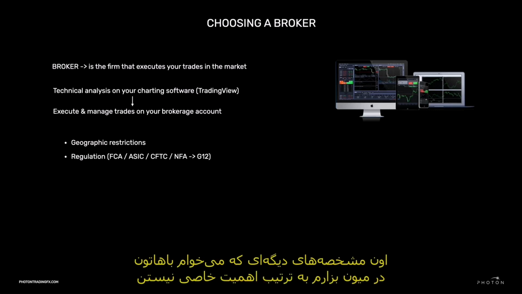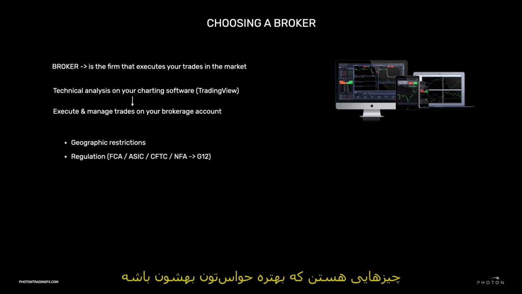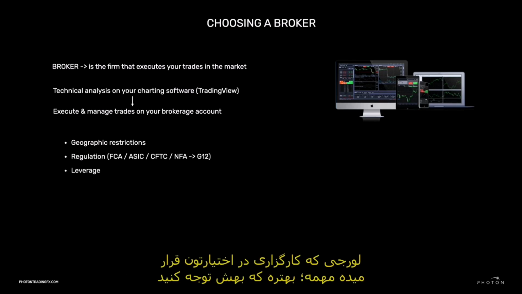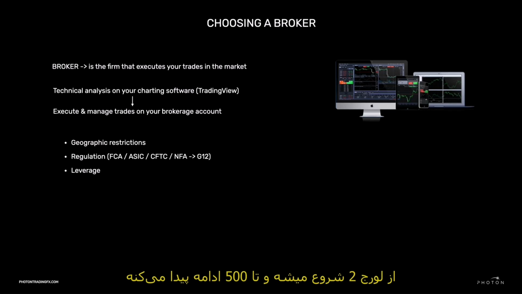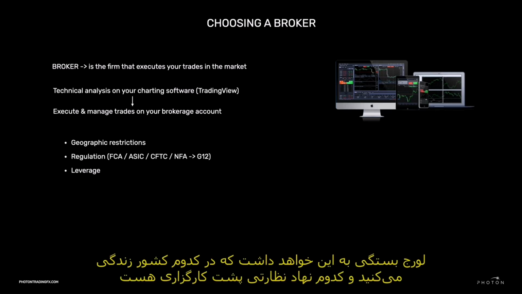Now, the rest of the characteristics that we're going to discuss are listed in not really any particular order of importance, just some things that you might want to consider collectively. The leverage that the broker makes available to you is definitely something you want to take into account, because it does vary dramatically with different brokers, ranging anywhere from 2-to-1 all the way up to 500-to-1. In some circumstances, I've seen even more than that, but it will depend on what country you are in